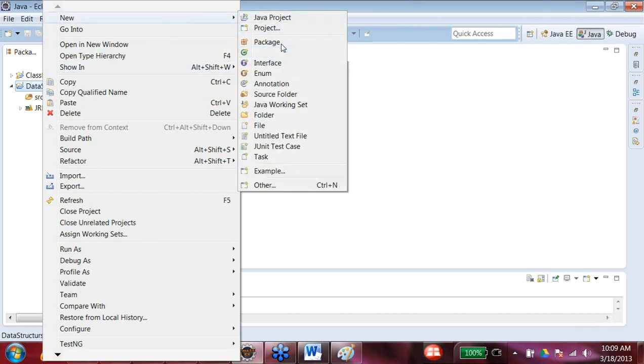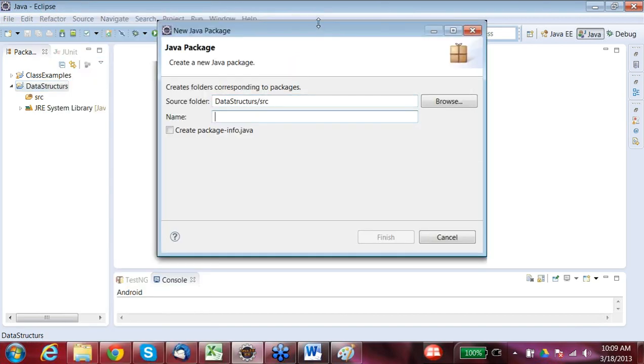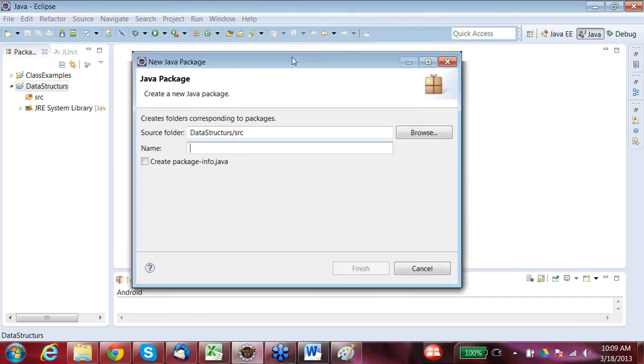I would say new package, and generally packages are given the reverse name of your application. Let's say I'm creating an application called mortgagecalculator.com. It's basically the reverse domain of your company, so I would write something like com.mortgagecalculator. And if I'm working from Whitebox QA, I would write com.whiteboxqa.